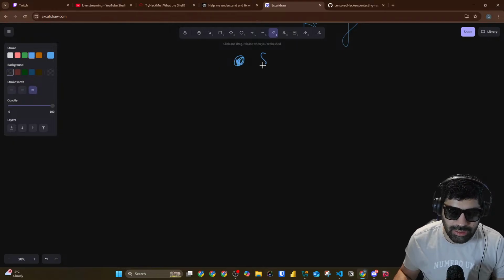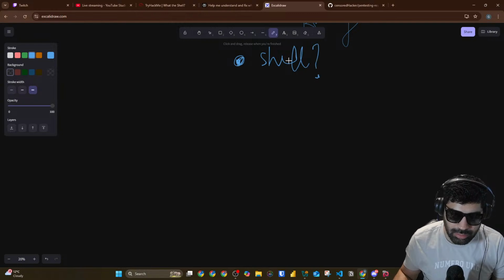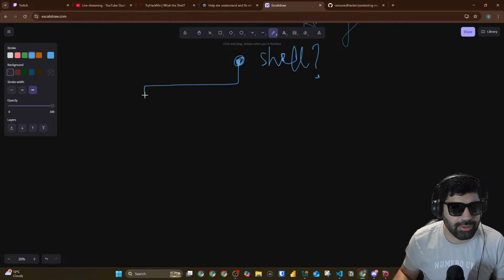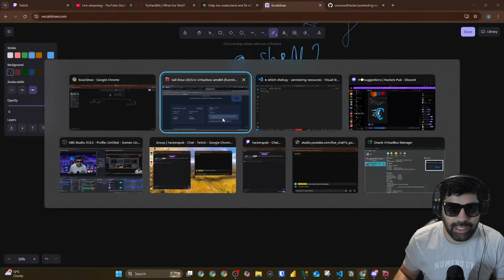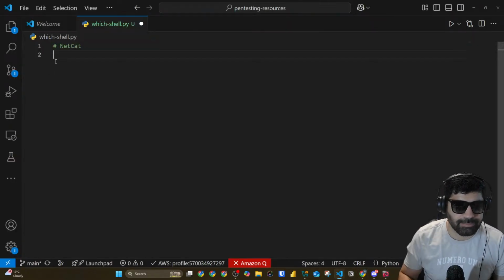Do you want a shell? With the shell, the first question should be, do you want Netcat or Socat? So based on that, I can have function